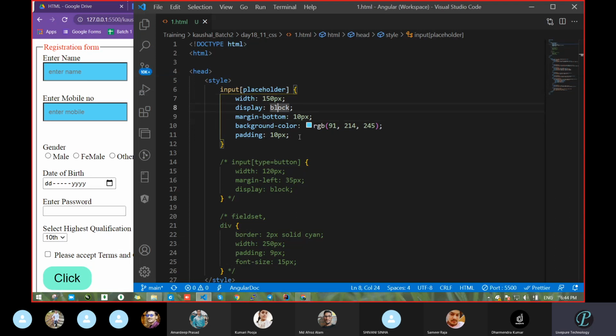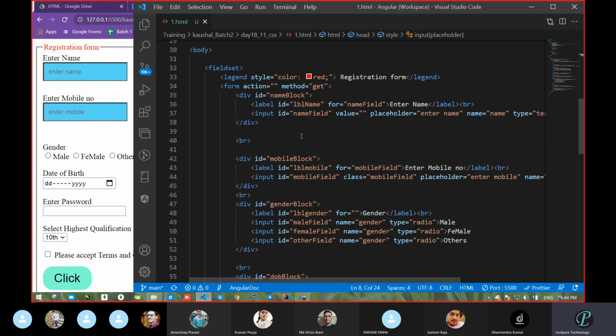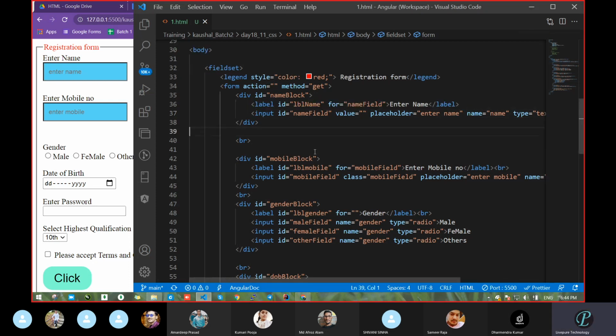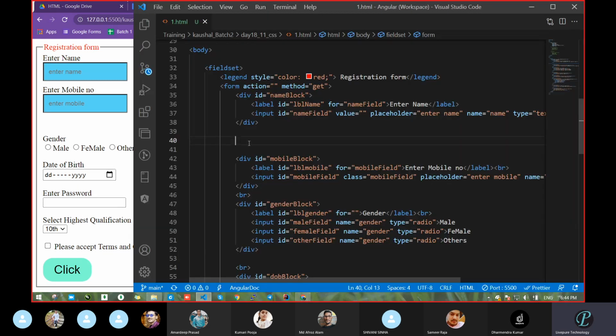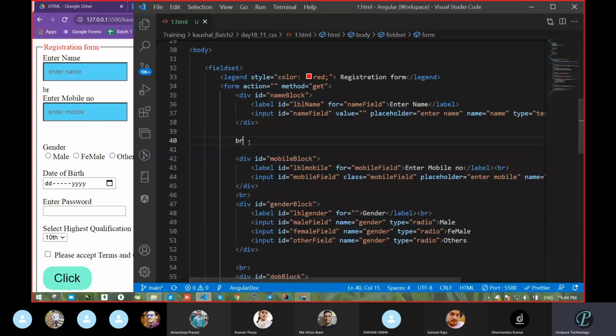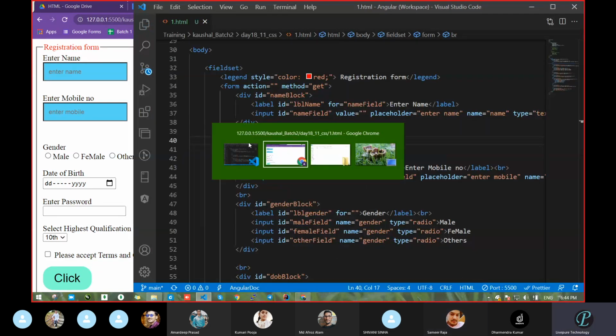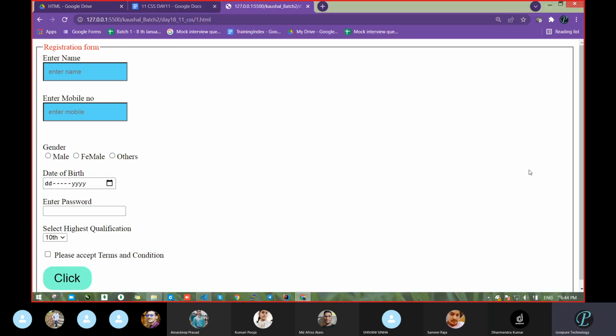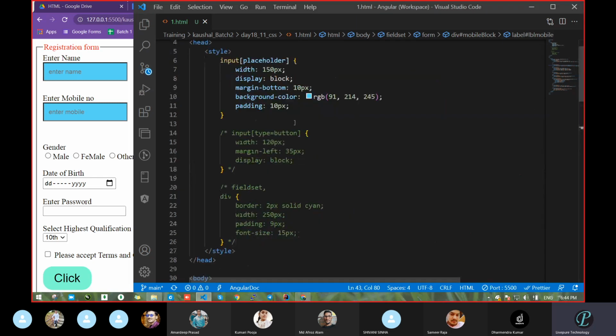Next, block level element. If you take a block level element, no need to pass the BR tag. Wherever we pass the BR tag, I don't know whether it is needed for label. Let's see. Due to block level, it came directly. So no need for that BR tag now. Remove this BR, but I don't know regarding div. In div we have to pass. Now if you want, you can remove this BR tag at the end, because automatically you have the block level element. Now second, what do you want? I want that design.